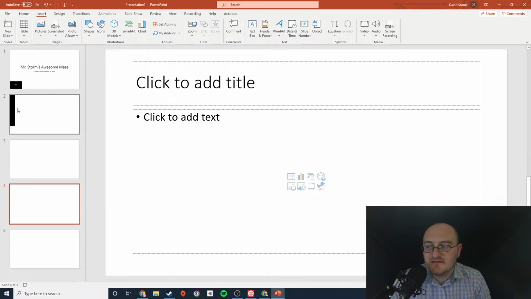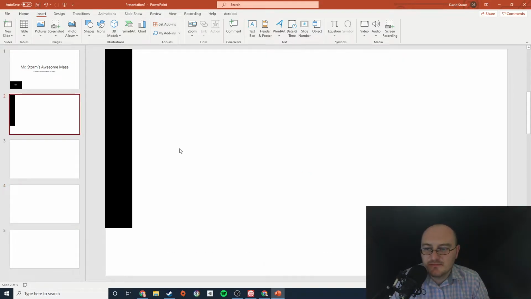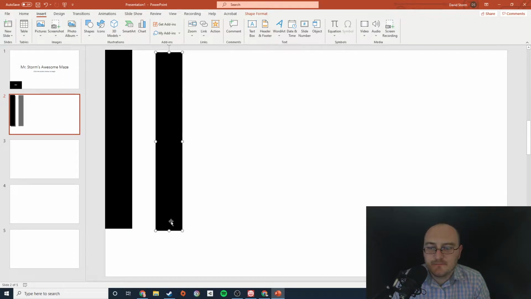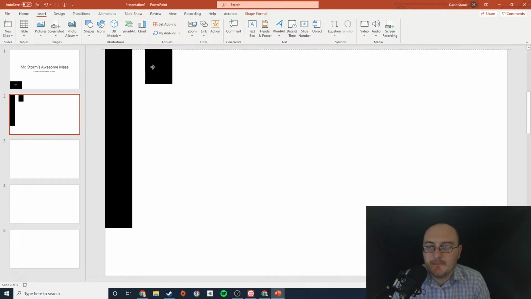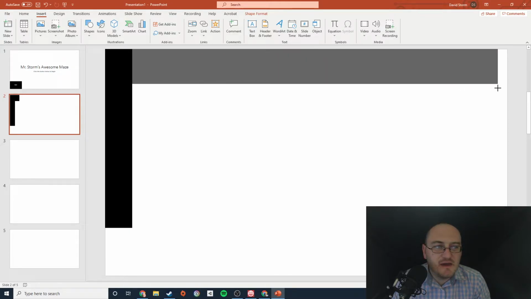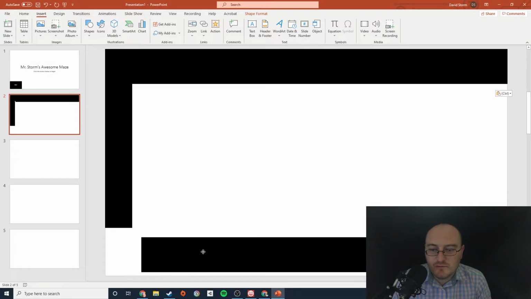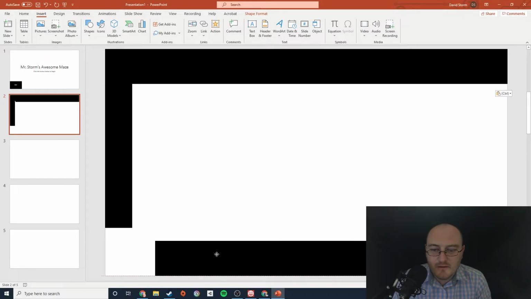Now, one thing you have to be careful with in PowerPoint is if you don't move your cursor for a little while, it'll disappear and it won't show up again. So there are some limitations to building games in PowerPoint. All right, so now I know I have one of these that's working. So all I have to do is copy and paste, and then I can start building out the maze. Now my maze is going to be incredibly easy because, again, I don't want to spend too much time,